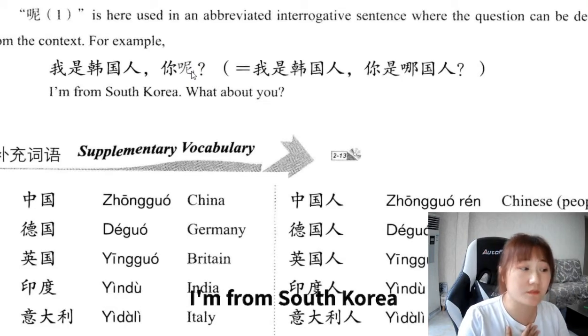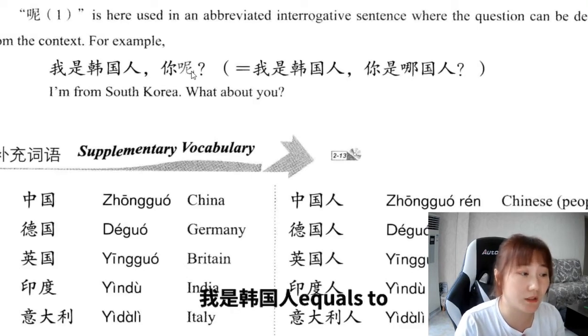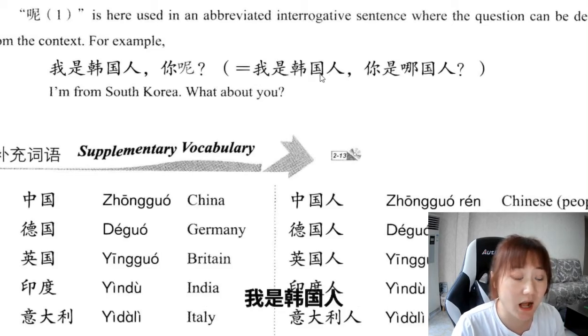I'm from South Korea. What about you? In Chinese, 我是韩国人，你呢？ equals to 我是韩国人，你是哪国人？